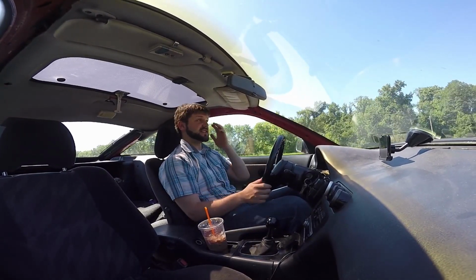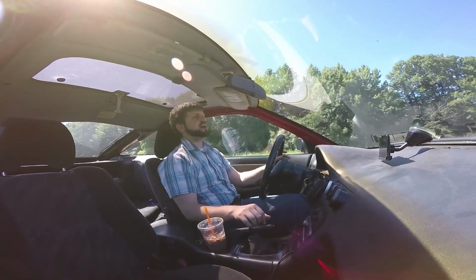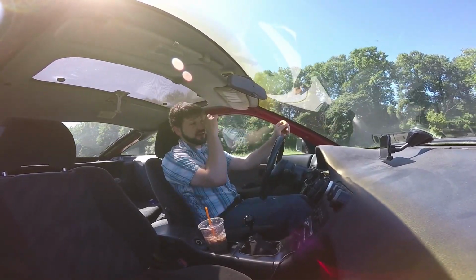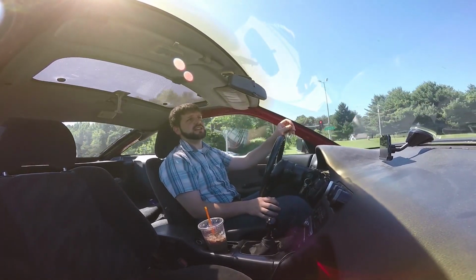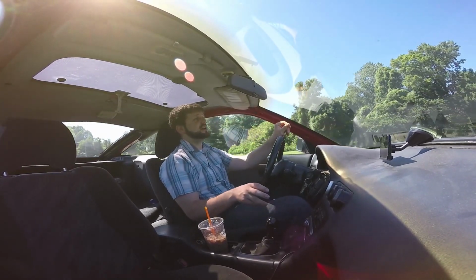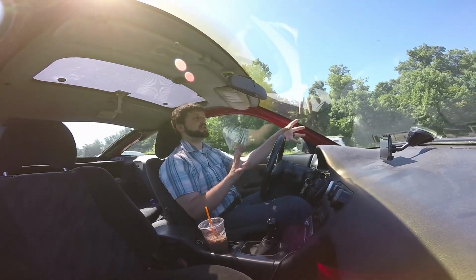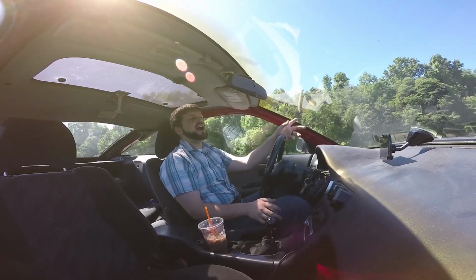It goes down the right side of the car and has to cross over to the left side. I would have preferred to do an RB25 in here, but the way I got this car and the engine was I actually traded my built-up 2JZ for the car. I got the shell, I got the engine on the side, I got the stock engine, and a few other things thrown in all together as a deal. And then I had to take the time